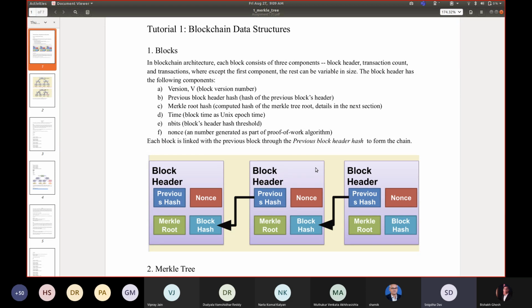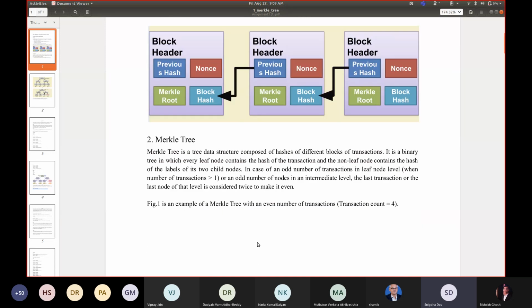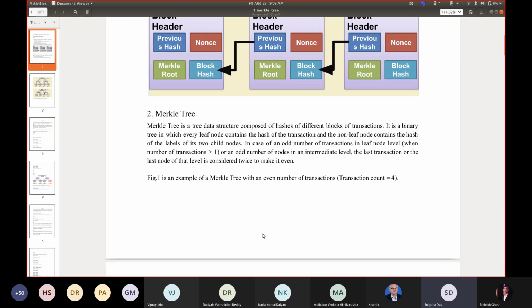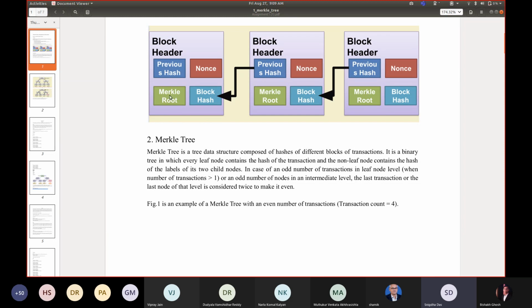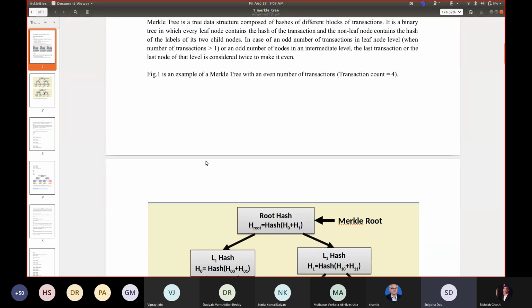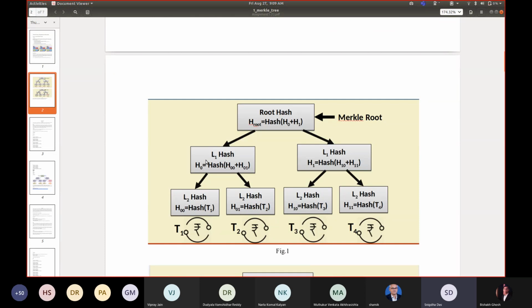So this is all about the blocks, and in the second part, we will go into the details of the Merkle tree. In the block itself, we have a component, the Merkle root, and the Merkle root we will compute in the Merkle tree part. Just scroll down, yes.